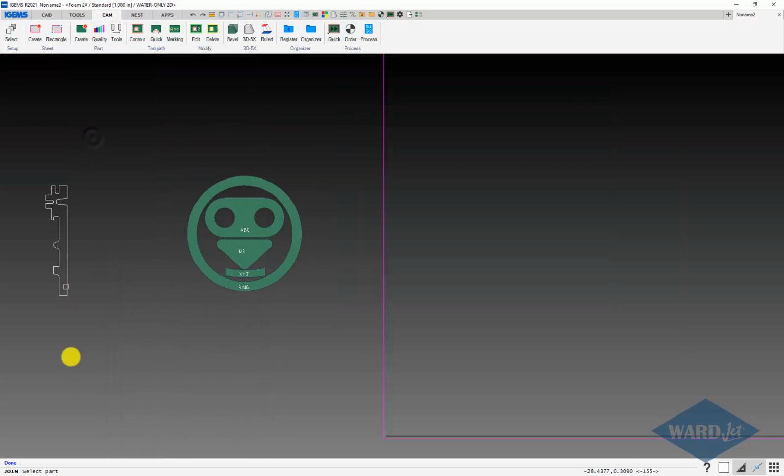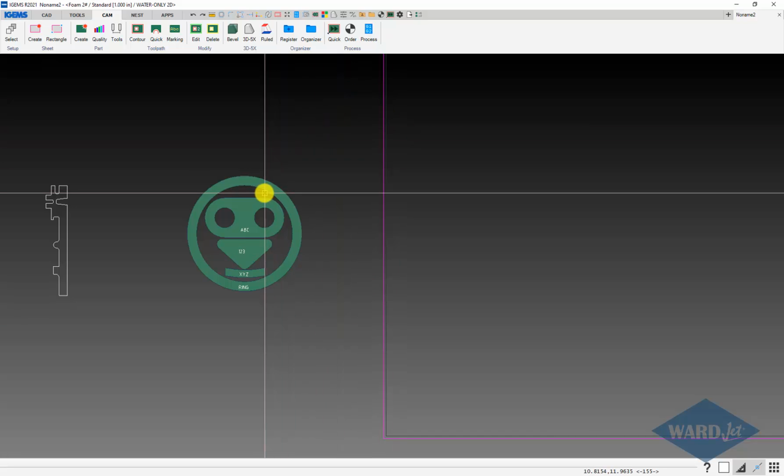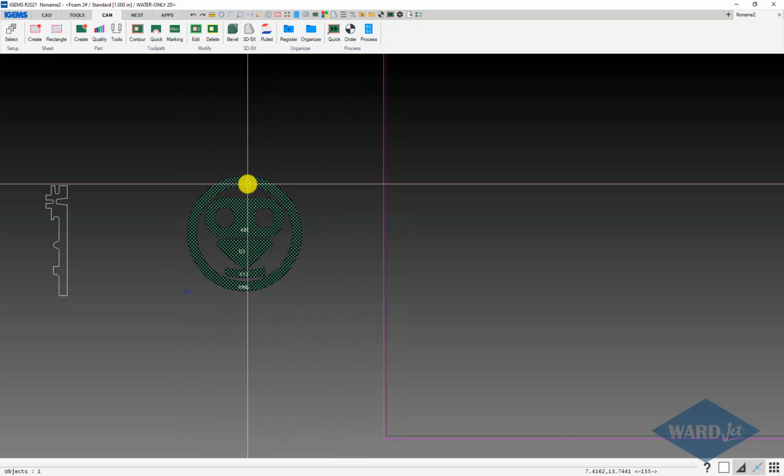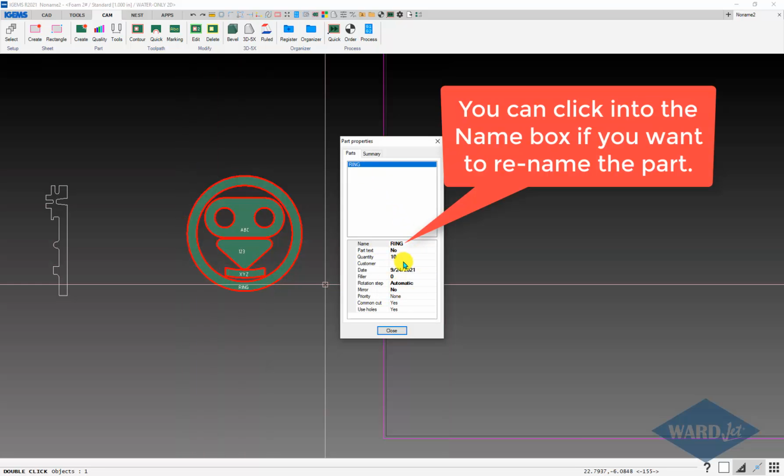submenu, click on Join. Down at the bottom it'll prompt you to select part, so whatever part you click on first is the name that I'll use for the group of the parts. So I'll just select this as being my base part, and then it'll prompt you to select parts, so I'll drag a box around everything else. So now when I click on any of these, it selects all of these. If I double click on it, it shows us that that is now the name of this group here and